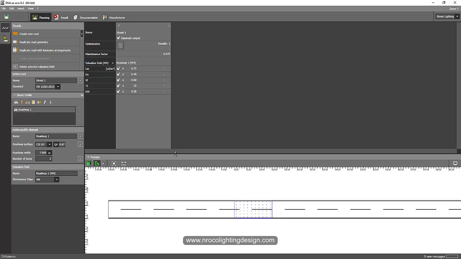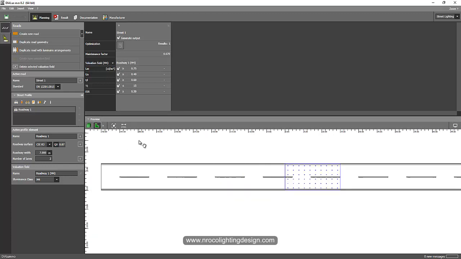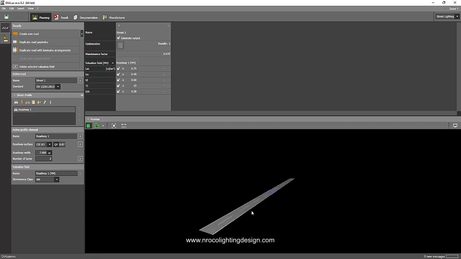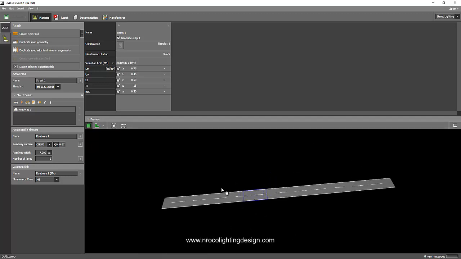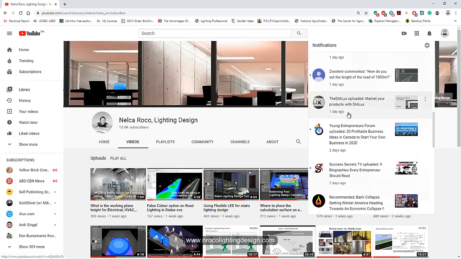Okay, so now I open this Dialux Evo software and now I'm in the road lighting. And he asked me how can I set this road, you can see here now in the 3D view, to make it 1 kilometer or 1,000 meters. Sorry if I cannot mention your name properly.